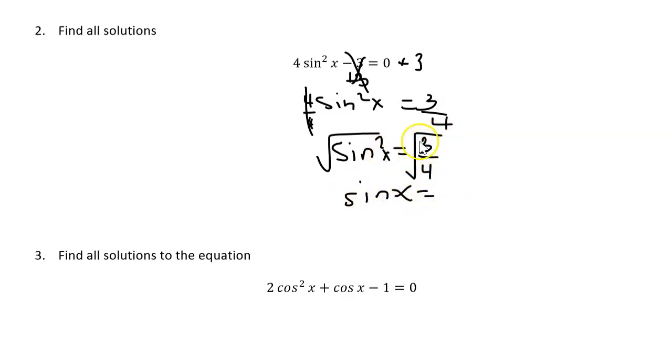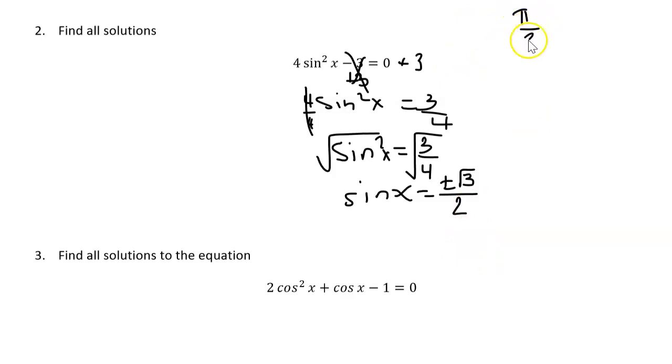Now up top, we're going to get the square root of 3, which does not simplify, but keep in mind when you place a square root in the equation, you have to include positive and negative. For our denominator, the square root of 4 is 2. And so we're looking for all locations on the unit circle where sine is either positive rad 3 over 2 or negative rad 3 over 2. That's going to leave us with the solution